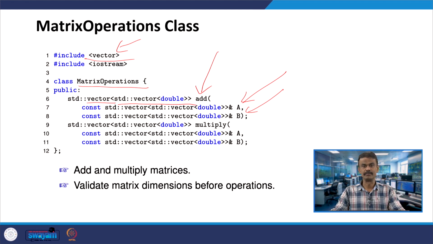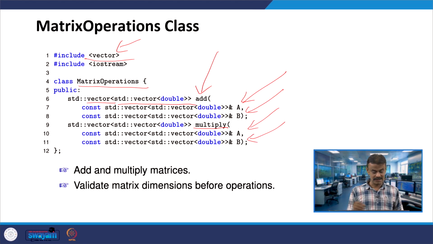Similarly we have multiply, the multiplication of two matrices. We are passing A and B by reference, vector of vector, that means matrix A and matrix B, similar to the previous explanation.